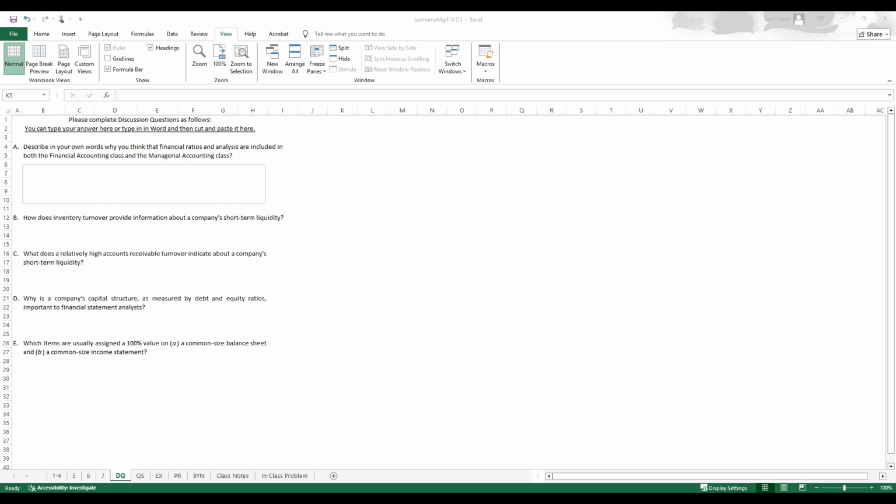And we did throughout the chapters, I should say, things like accounts receivable turnover in the chapter where we talked about accounts receivable, or inventory turnover in the inventory chapter where we're looking at LIFO and FIFO, etc. So hopefully that part makes sense on what we're talking about as far as including both of this information in both of the classes. So as far as an explanation, I think what we want to say is that